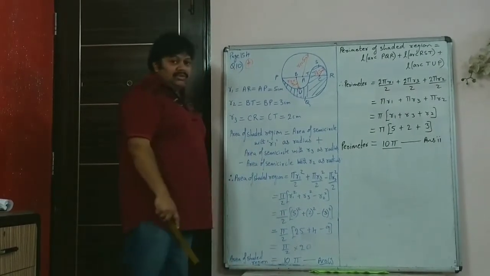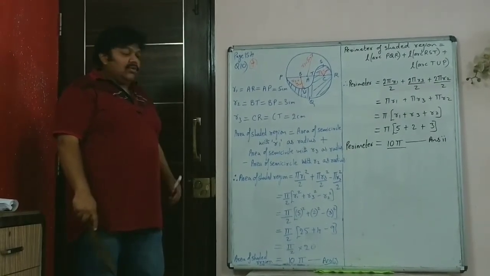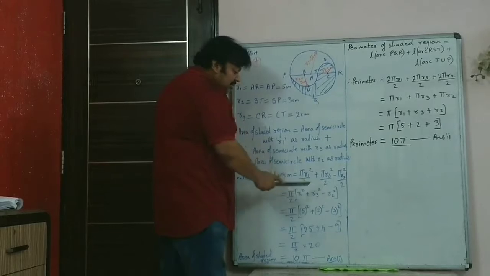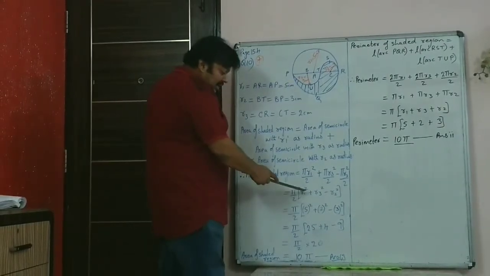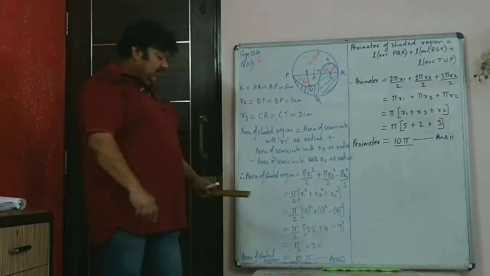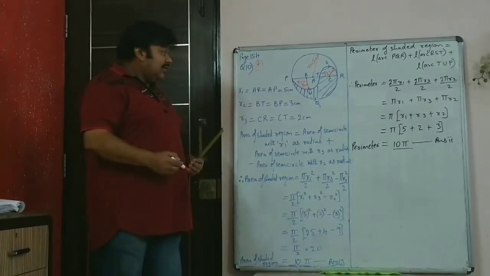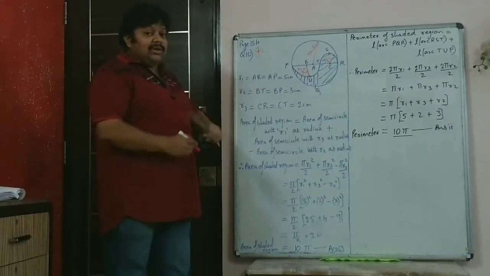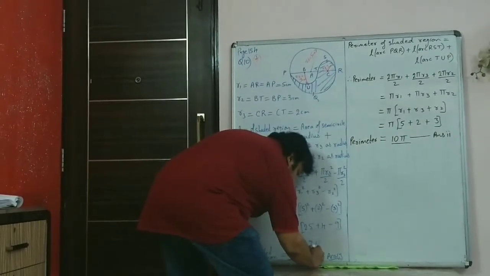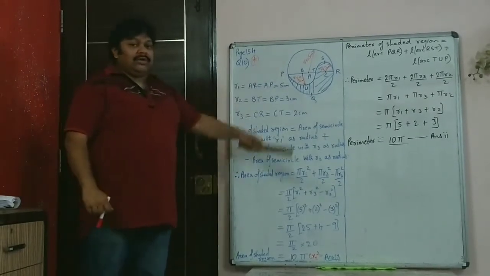You can take pi by 2 common. In this sum specifically they have told to leave your answer in terms of pi. So here it is R1 squared plus R3 squared minus R2 squared. So 5 squared, R3 is 2, so 2 squared, minus 3 squared. So it is 29 minus 9, that is 20 into pi by 2. So it is 10 pi. Since all of these are in centimeter and since this is the area, you will write 10 pi centimeter squared. That is the area of the shaded region.